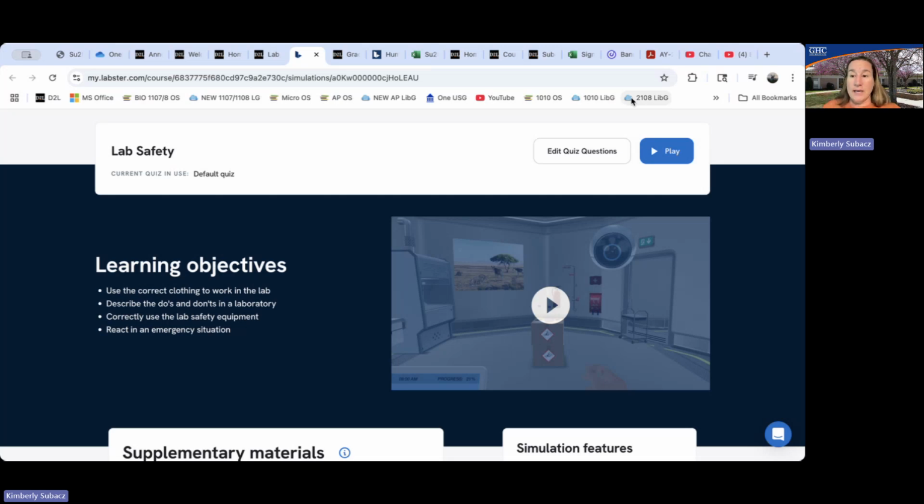And also in the lab simulations, they're going to have a little tablet that pops up. Use the tablet, love the tablet. The tablet has the theory. So if you're getting a question wrong and you're like, I don't know why this question is wrong, go to the tablet and look at the theory, because the theory is going to give you all the nitty-gritty details on the content of that exercise. That's going to help you through and score your best, because you want to score really well in your lab exercises to make an A in this class.